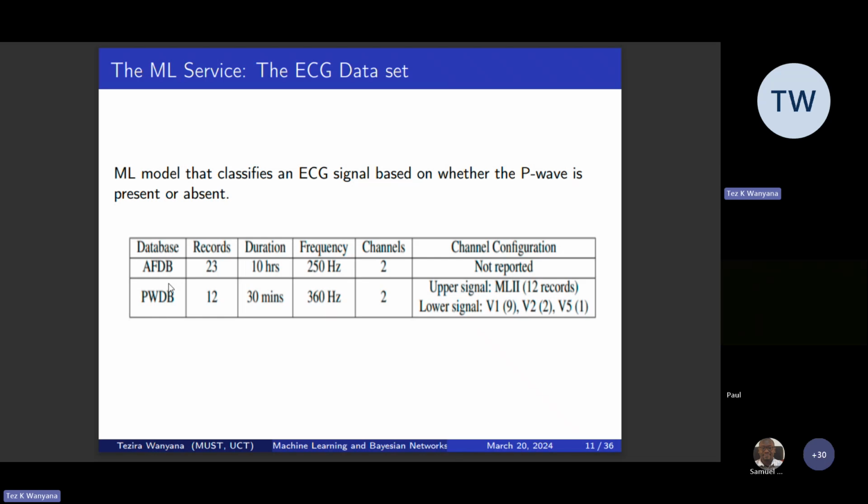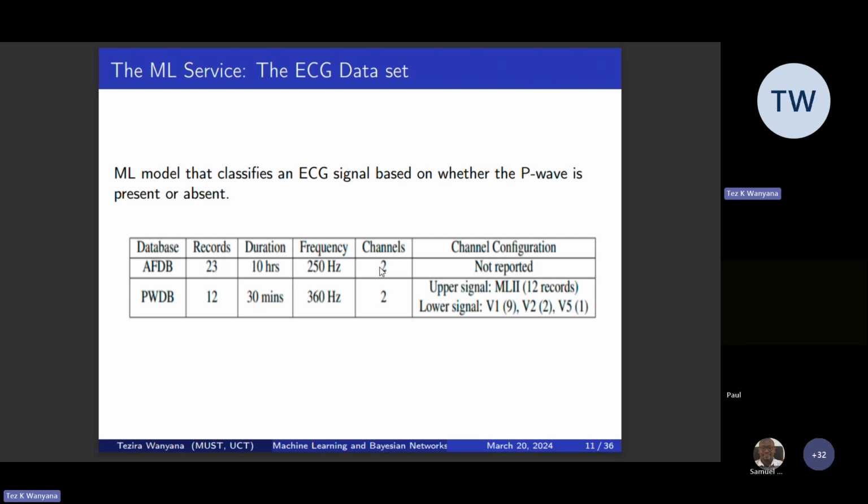I hope I remember that correctly. I could have interchanged it. So the AFDB database had 25 records, but 2 of them were incomplete. So we only had 23. Those are the ones that register, and then the other one had 12 records. And then what we did was that we randomly selected 12 records from here so that we can have a balanced data set, and also